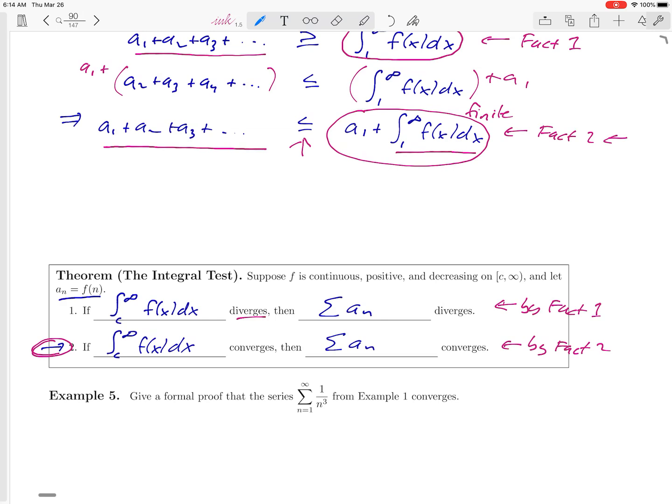And there it is. That's our integral test. Basically, in a nutshell, what it's saying is that we can calculate an improper integral and use the convergence of the improper integral to tell what the series is doing. Okay, and we will do